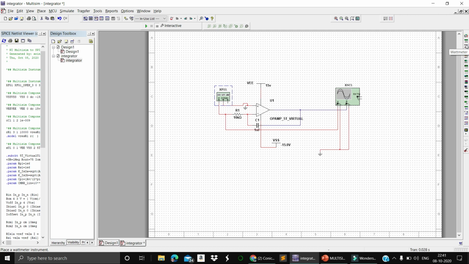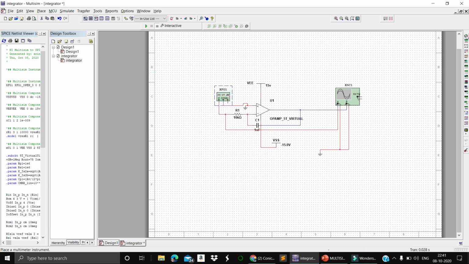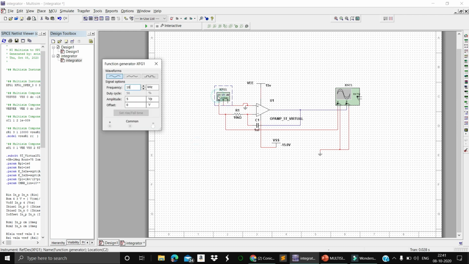For different purposes we are using different ones. So for our use, to give different inputs, I'm considering a function generator, which will be available in the second one. In this one you will get a sine wave as well as a triangular wave as well as a pulse wave, whichever you want, you can give directly. You can consider that this is an op-amp 741 IC, which has 5 terminals, saturation voltages